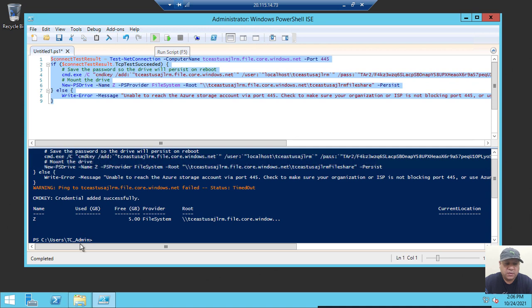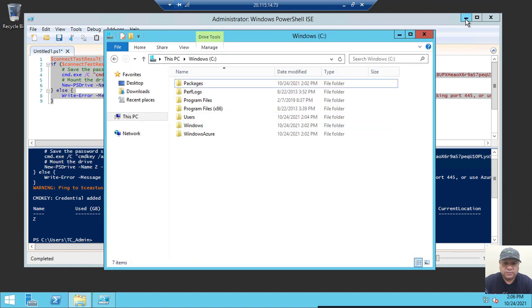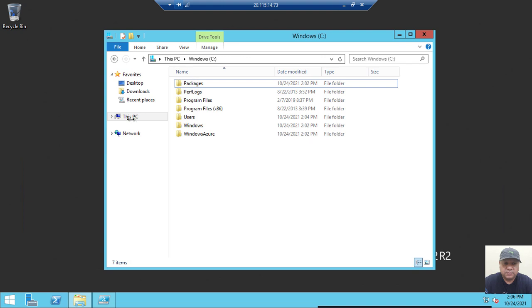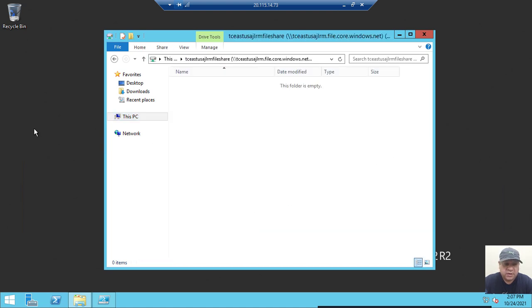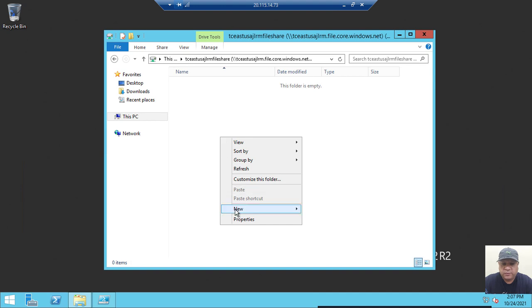All right, so let's see here. Wow, so we got this file share mapped. Now let me open it. Let me quickly create one text file.